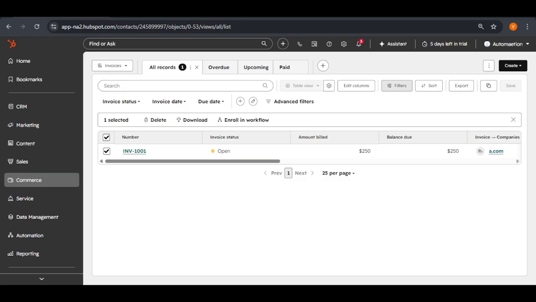A practical tip to keep in mind: regularly update your invoice settings and templates to reflect any changes in your business operations or branding. Consistency in your invoicing not only looks professional but also helps in maintaining clear communication with your clients. In summary, managing invoices in HubSpot is straightforward and packed with features that make it easier to handle